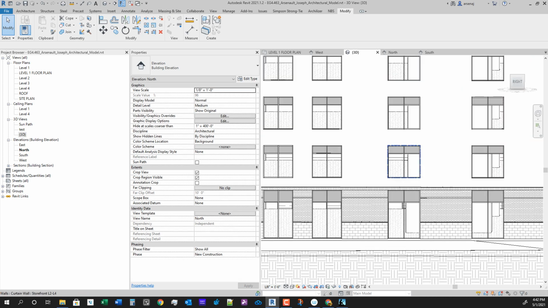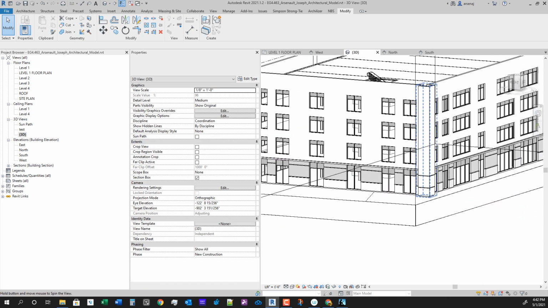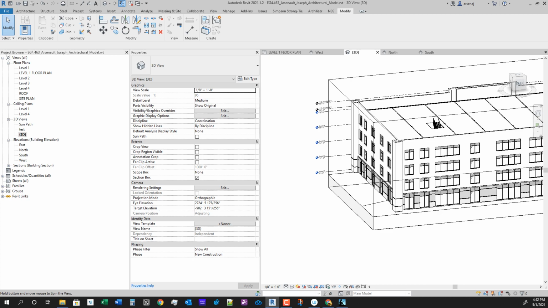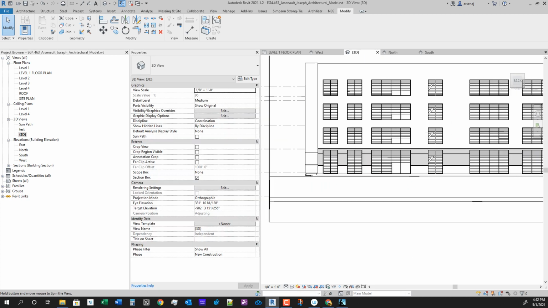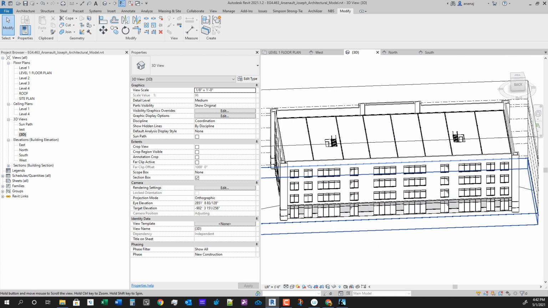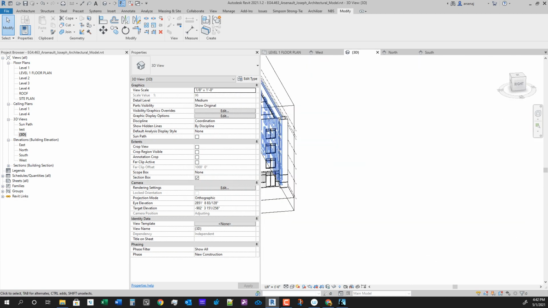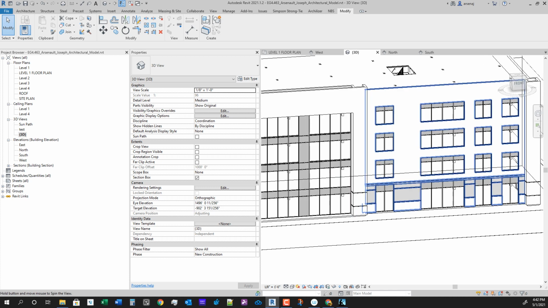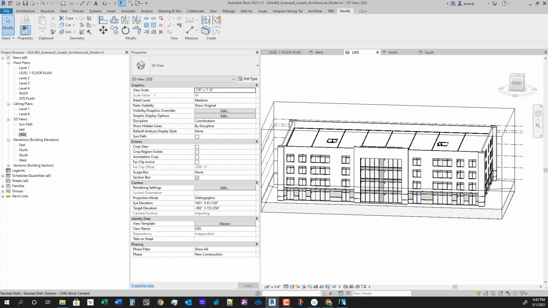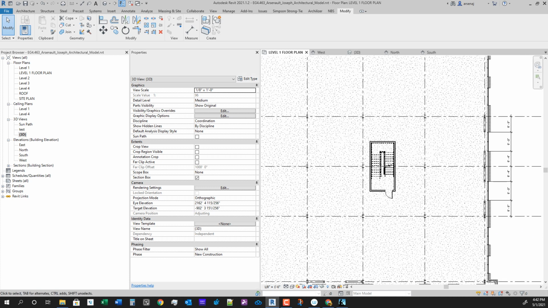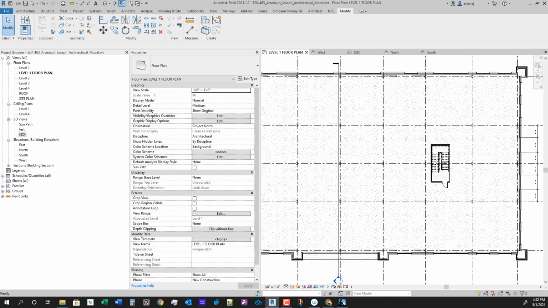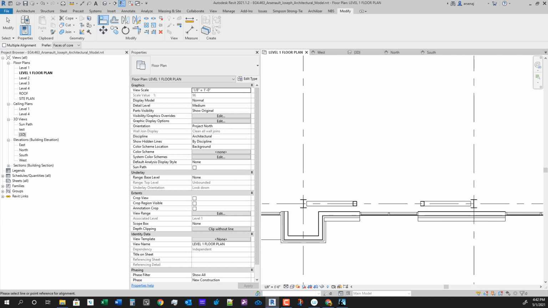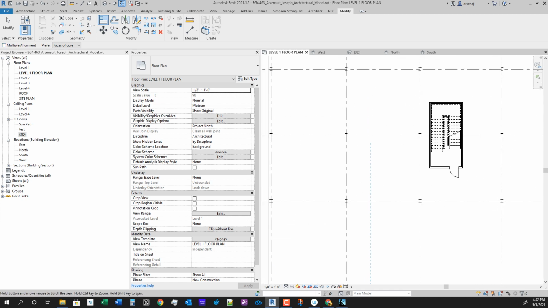There it is. Take a look at our 3D view. It's looking pretty good. What's that? Oh yes, the wall on the back. So we need to look at the east elevation and adjust those. So I'm going to go to the level 1 floor plan. I'm going to hit AL for align. I'm going to uncheck multiple align. I'm going to select this